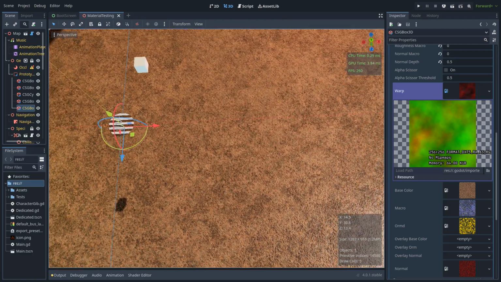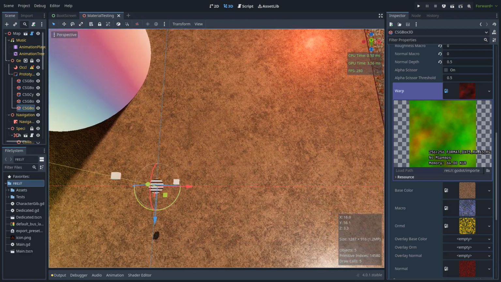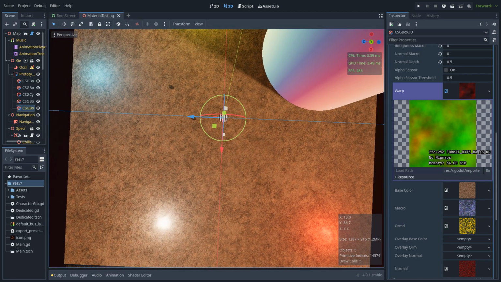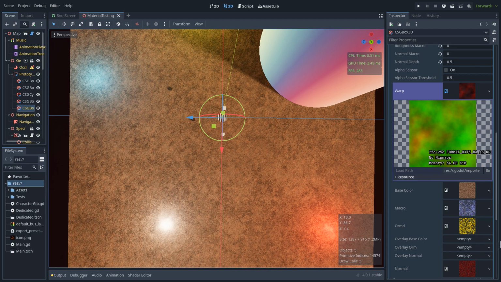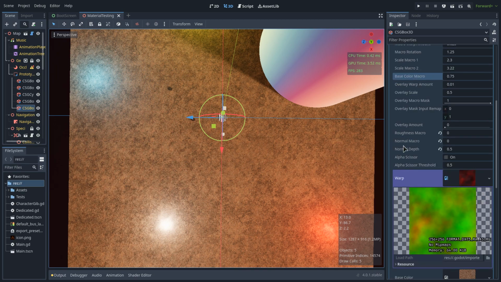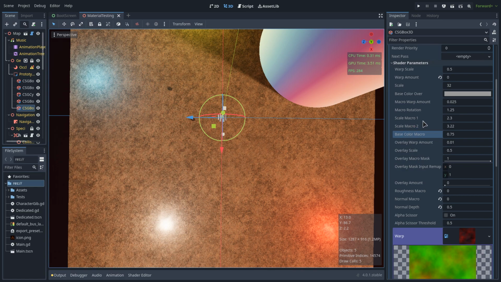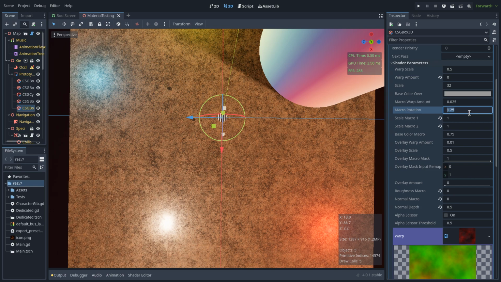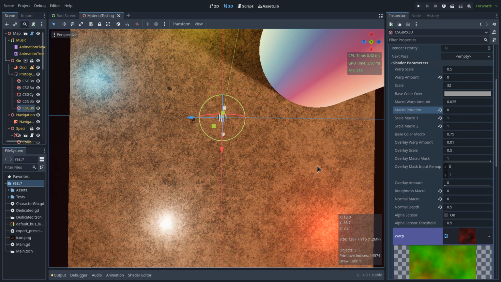Now, there is a trick in here. The macro texture isn't as simple as it might seem, because the macro this is also a texture. So you see, there is some more things going on in the macro thing. The macro texture is sampled twice and with different scales, and also one of the copies is rotated. If I reset the scale and the rotation,